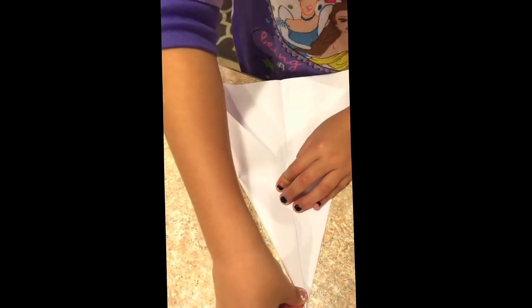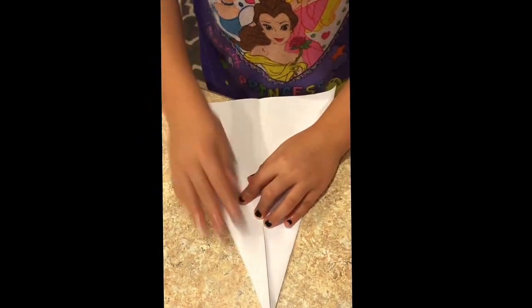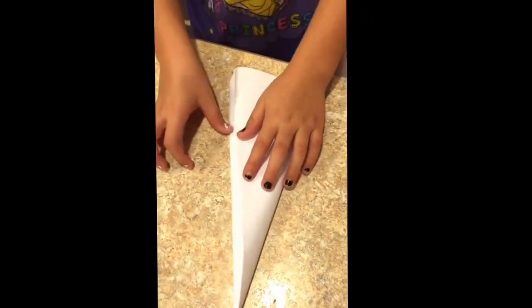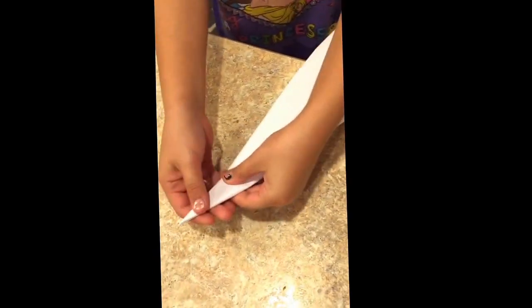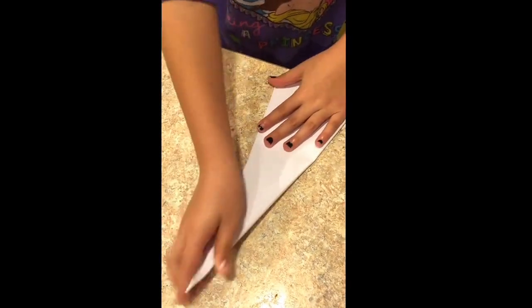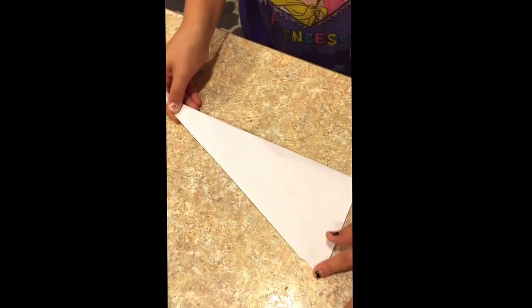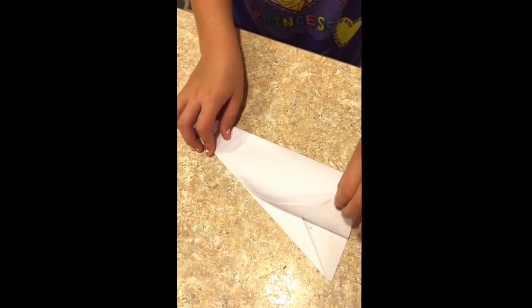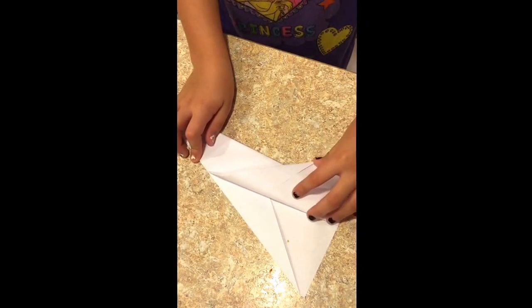Mine might take a while because I'm just learning, but I'm pretty good at it. So then you take this and fold it up. And then make sure it's slanted up, and there's a little line right there. And then you take this, don't take the whole thing, and then you make it go a little further down,